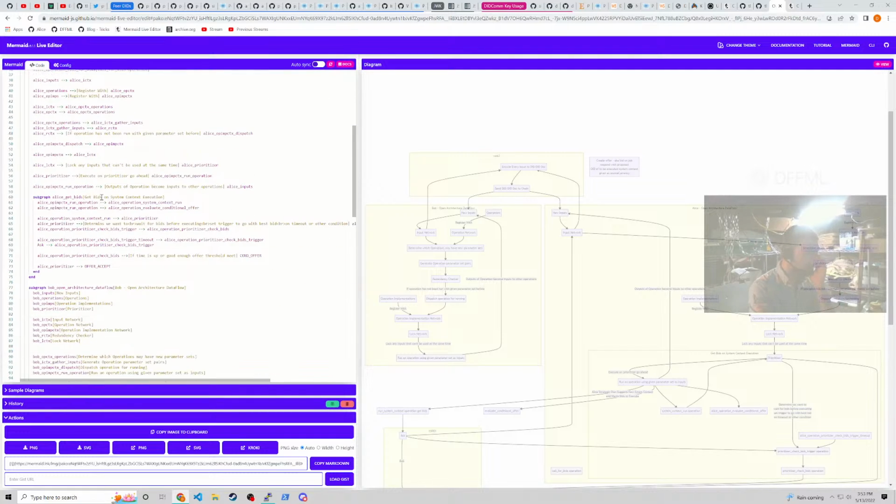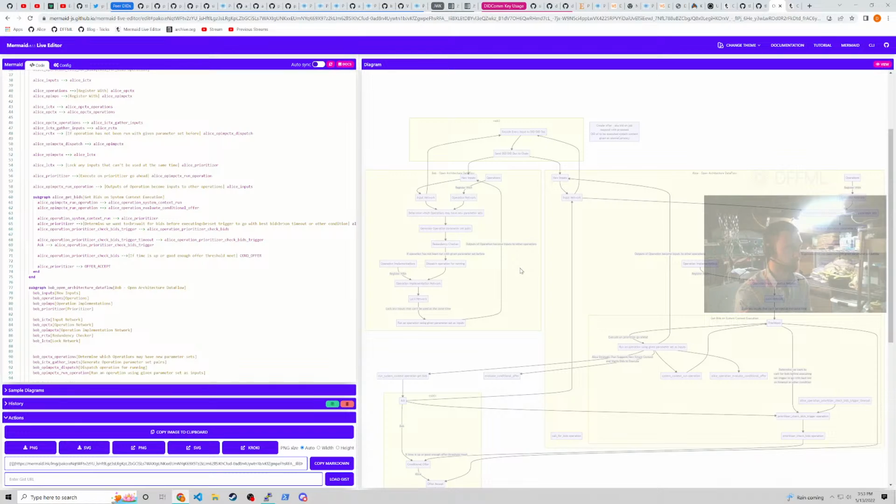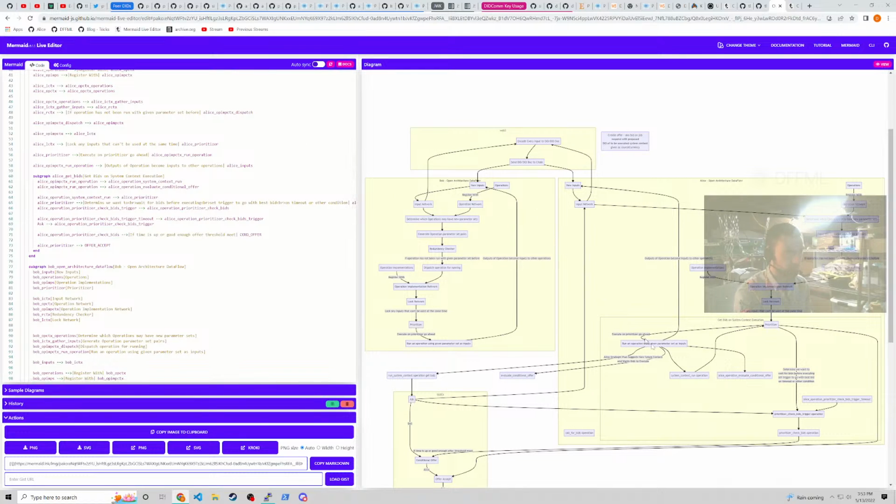So this is in the event of, so input network. Okay, so run an operation using given parameter set pairs. Okay, so operation implementation network. Okay, so the prioritizer comes in and says, where are we at? Okay, so the prioritizer, execute on prioritizer, go ahead. All right, so